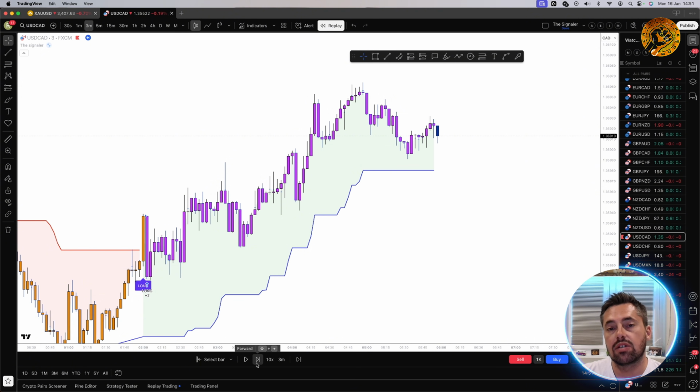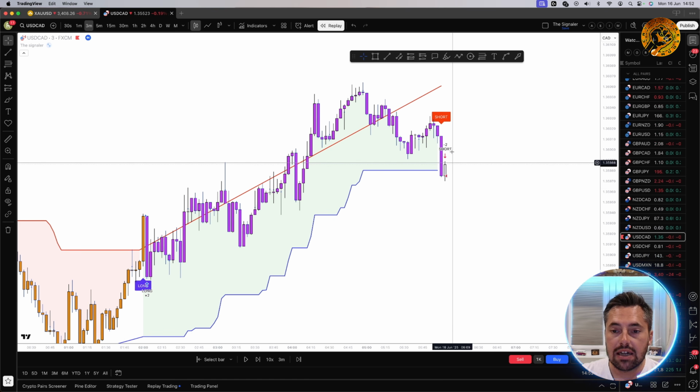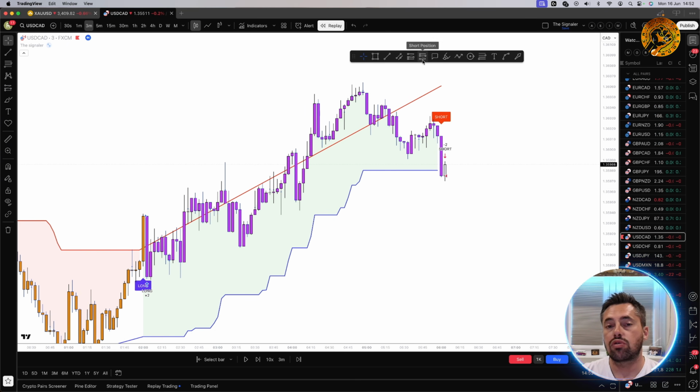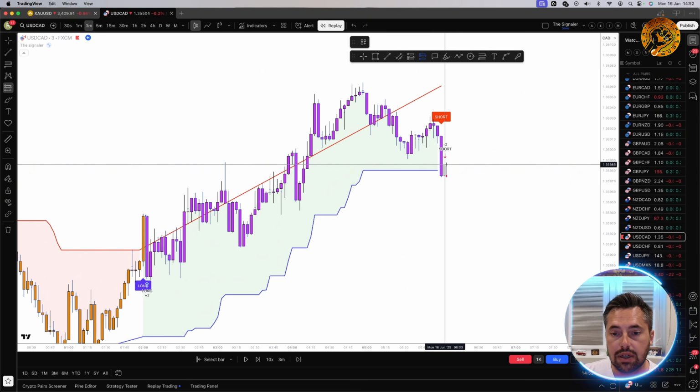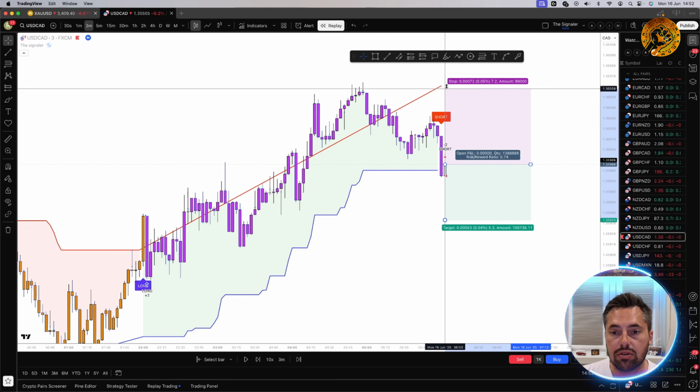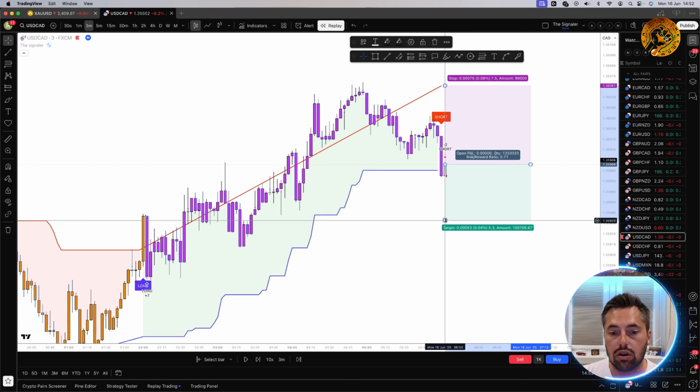So all I'm doing is waiting for an alert to come through on my phone saying that I have either a short or a long signal available. For USD CAD, because we're in a bullish trend, I would be expecting a short. So if we play it out, we can see that the candles come a little bit lower and a short is given on this candle right here. So super simple process. All I do is I take an entry on the top of that candle where it closed. I put my stop loss behind this red line here, which is the trend line,